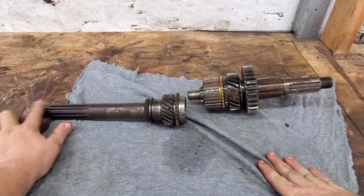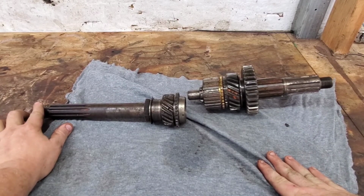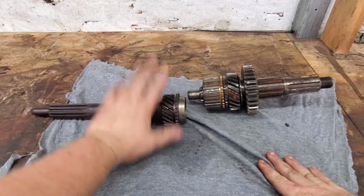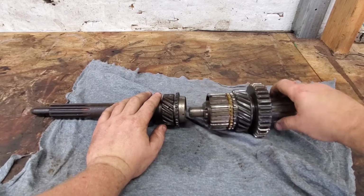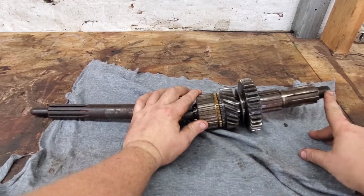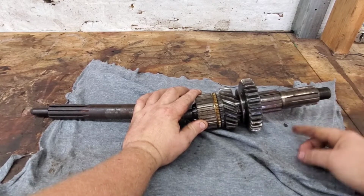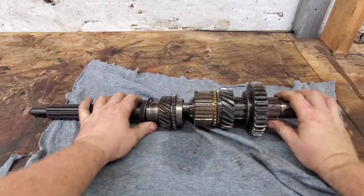This is what goes into your pilot bushing and your flywheel, through the clutch, all that. So on this end here, this is where your transfer case gear goes. That's what I was showing you in the previous scene. Well, basically,